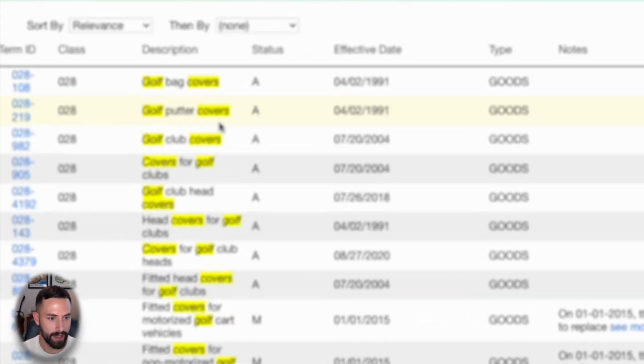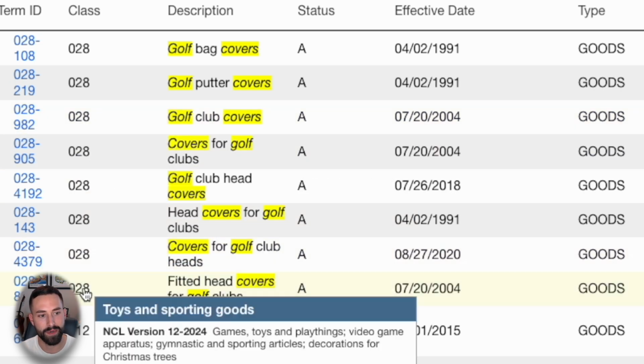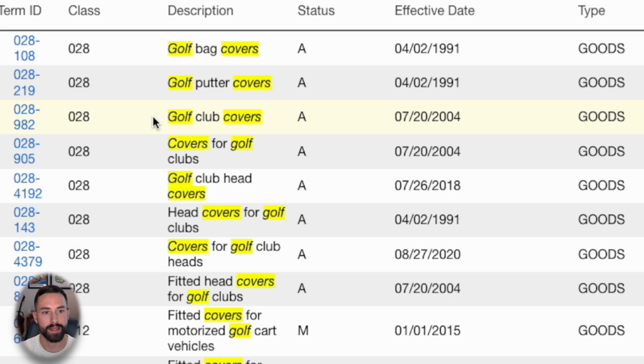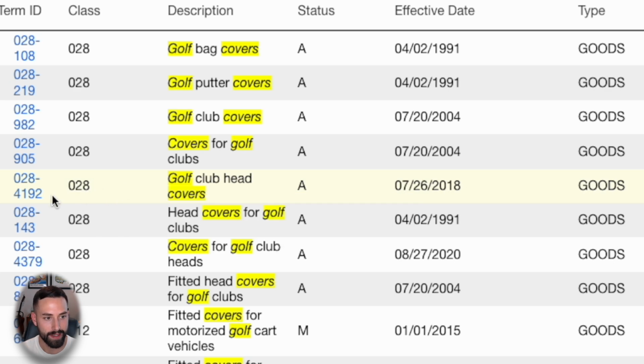Excellent. Look at that. We have a couple here, actually. We have head covers for golf clubs, golf club head covers, covers for golf clubs, golf club covers. You can see they're all in trademark class number 28, as shown here. All right, so now what you have to do at this point is select one of these trademark ID classes that apply most specifically to your product and to its use. For us, I do like this golf club head covers, and it's also in the correct Toys and Sporting Goods International Trademark class. So I'm going to write this number down, this term ID,